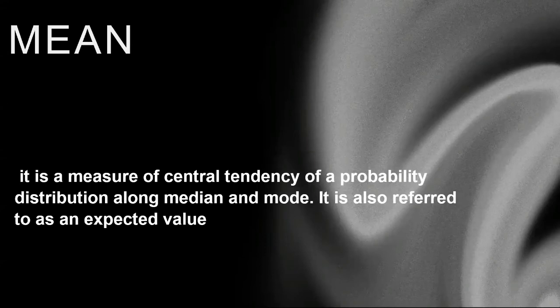Now I'm going to discuss the mean. Mean is a measure of central tendency of a probability distribution, along with median and mode. It is also referred to as an expected value. We can also call the mean an average, which is the total of the numbers divided by how many numbers there are. Next, we have